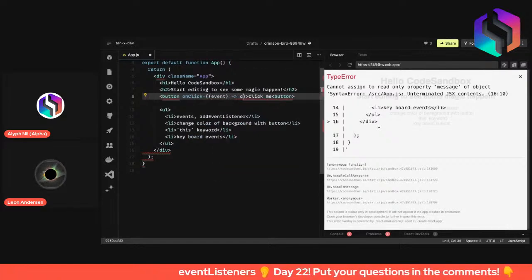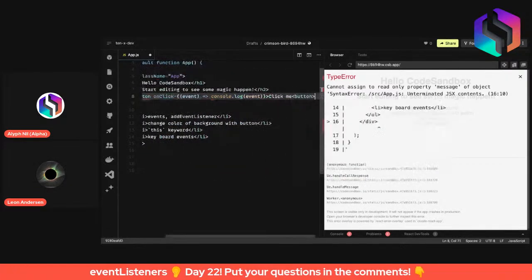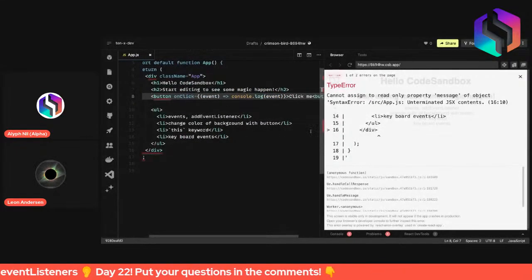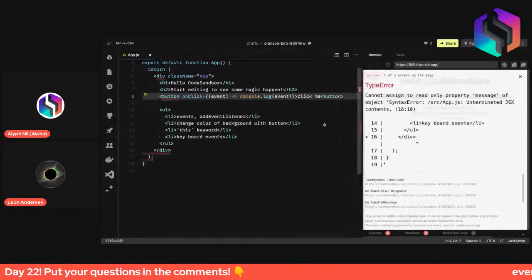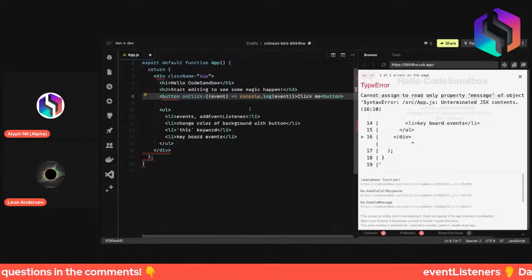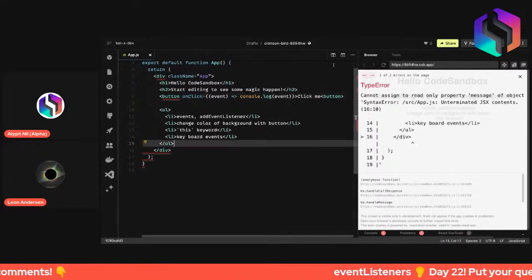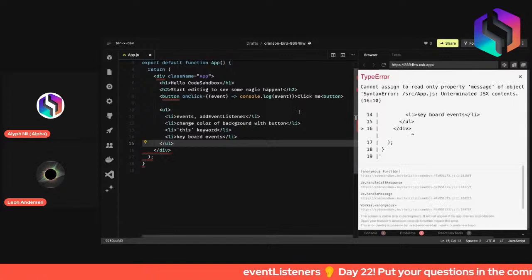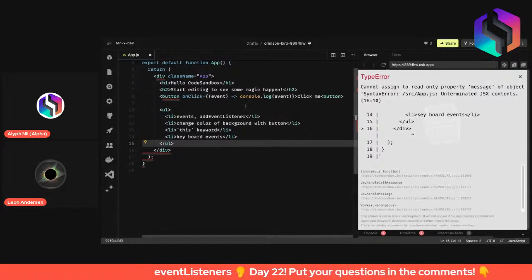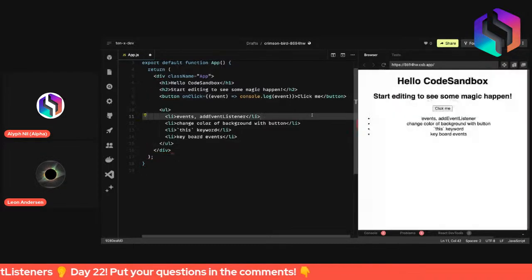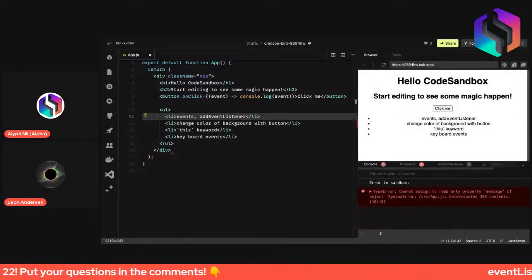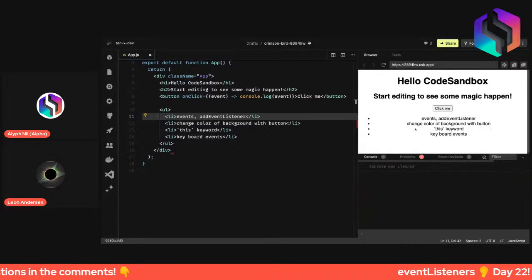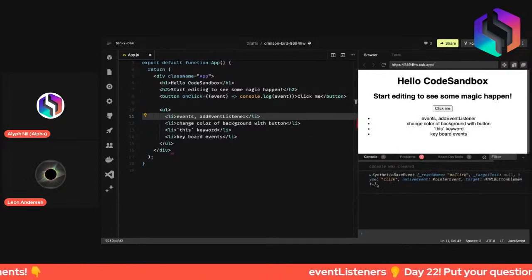And then you can use a prevent default method on the element of e. So you're using the event as an element, and then you can